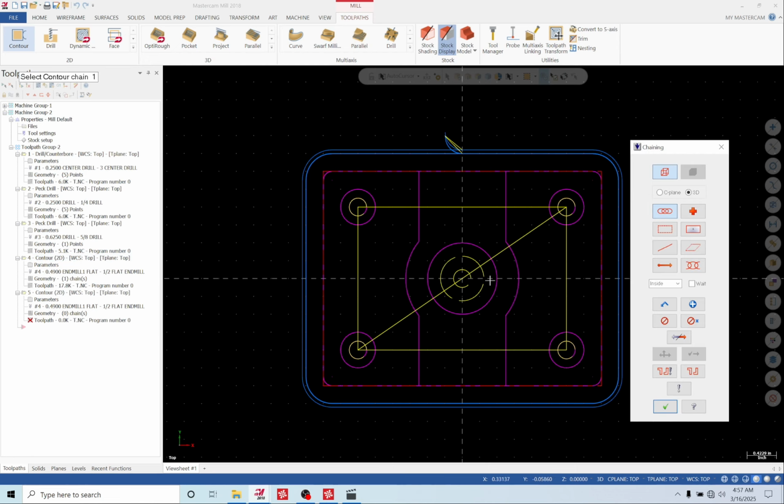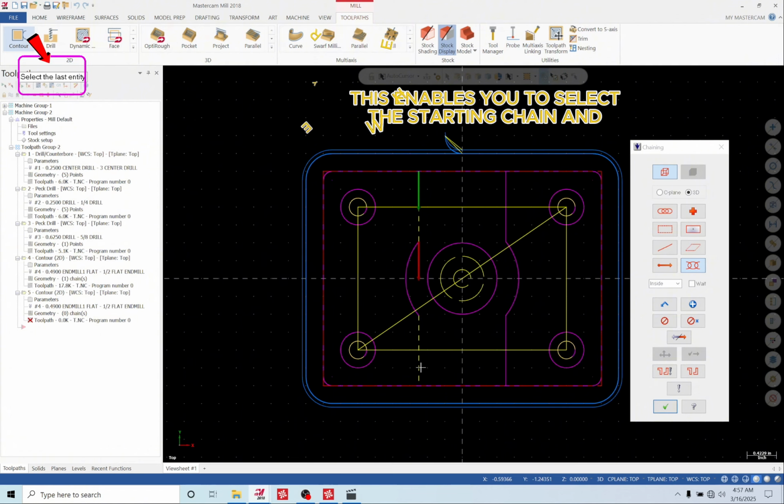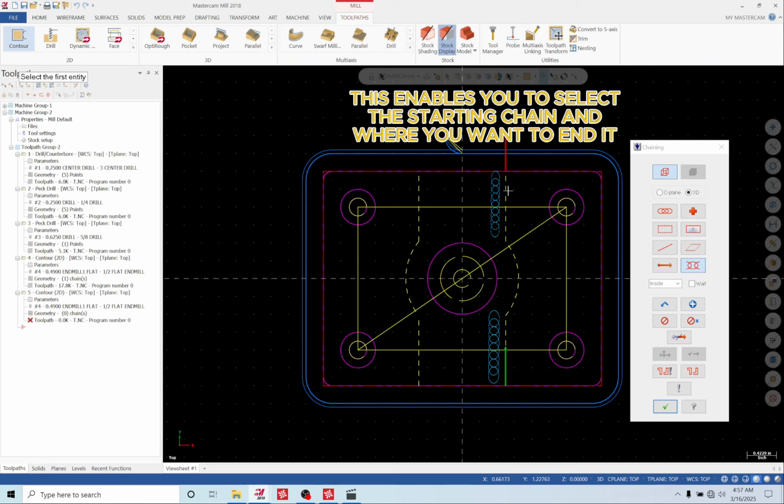the slots at a depth cut, and for that, instead of using this chain option, we want to go to this partial or single option. That way we're not doing the whole entire chain, we're just doing a partial chain. So in this case, we would start here and here and come out, and then come back in here, go out this way. We're gonna do depth cuts at a certain depth,